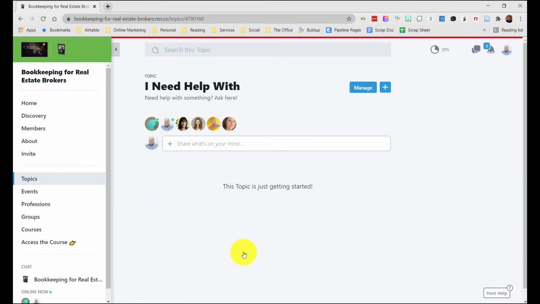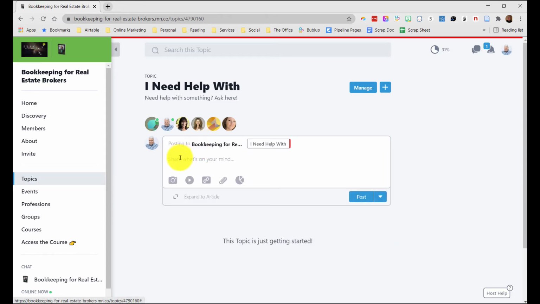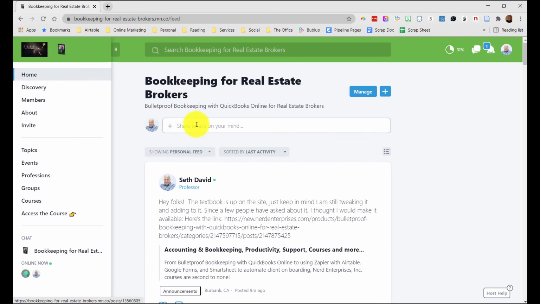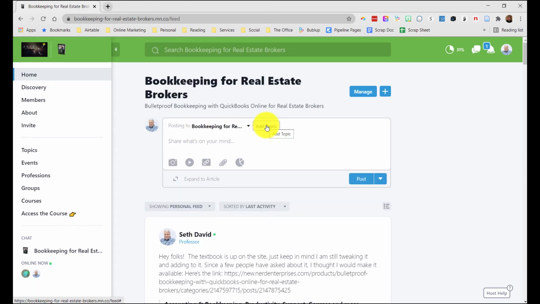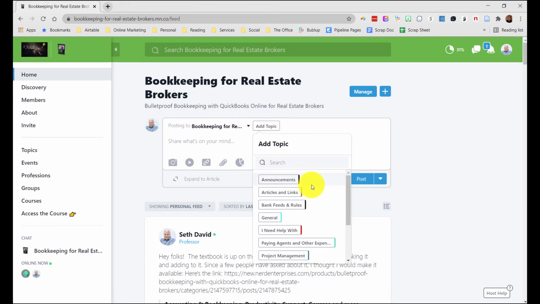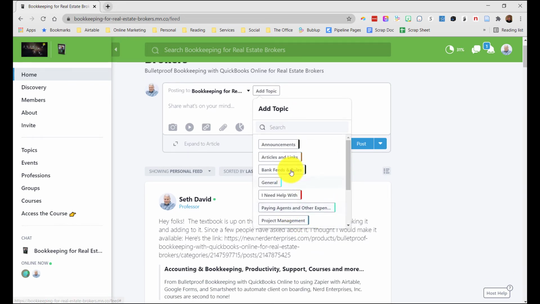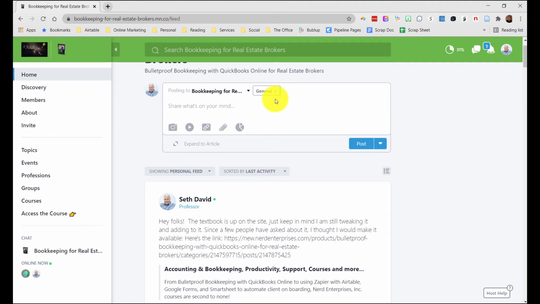Now, if you click on any of these topics, of course, it will take you in and show you any posts on that topic. And of course, if you go to post from within there, it's going to automatically assign that topic. If you post from the home feed here, it will be topicless at first, but if you choose add topic, you can choose whichever topic it belongs to. If you're not sure, just choose general, and we can always change it if we feel there's a more fitting topic that already exists. And it may be that at some point along the way, I'll add more topics based on the things that you all are interacting about in this community.